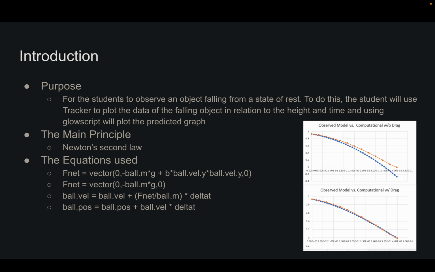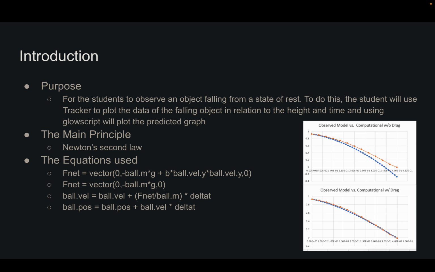So for the introduction, the purpose of this lab is for the students to observe an object falling from the state of rest. To do this, the students will use Tracker to plot the data of a falling object in relation to the height and time, and using the GlowScript, we'll plot the predicted graph. And the main principle used is Newton's second law, like the previous lab, and the equations used are